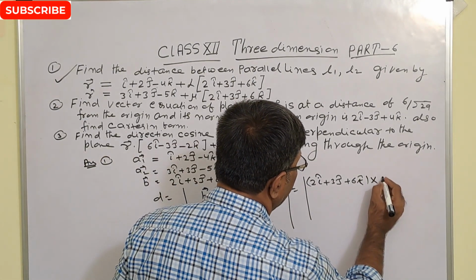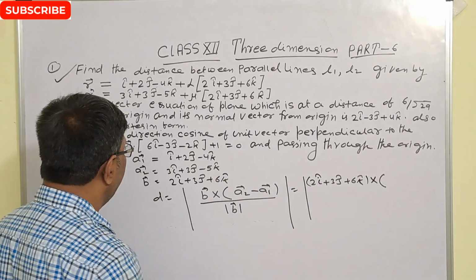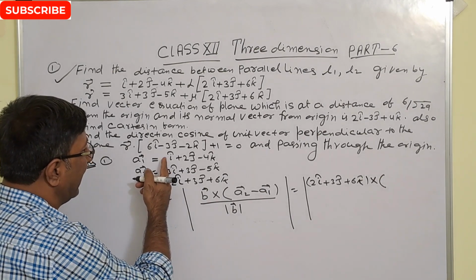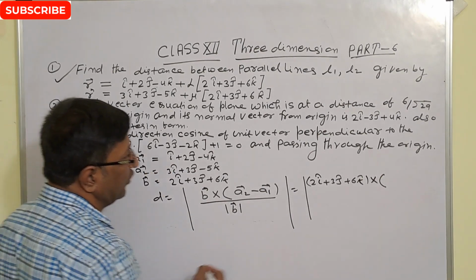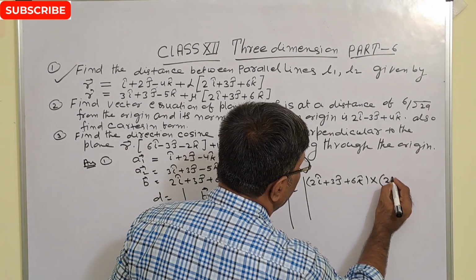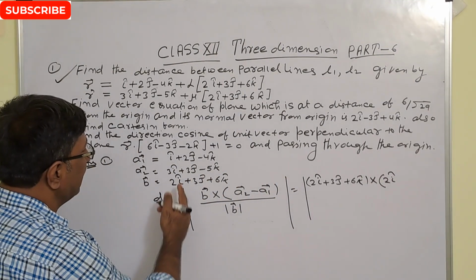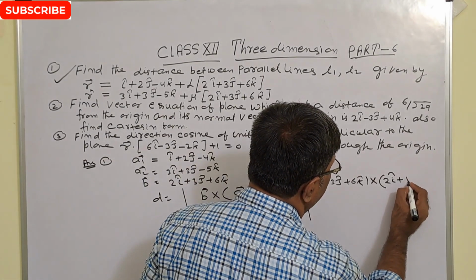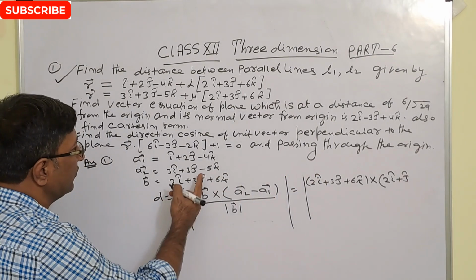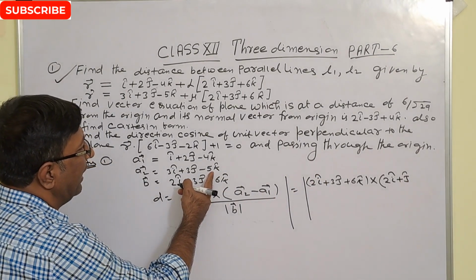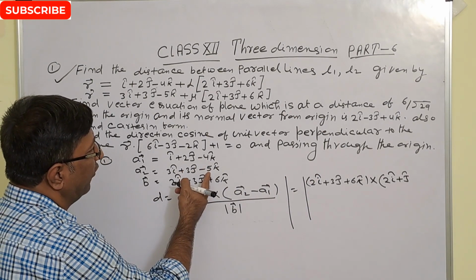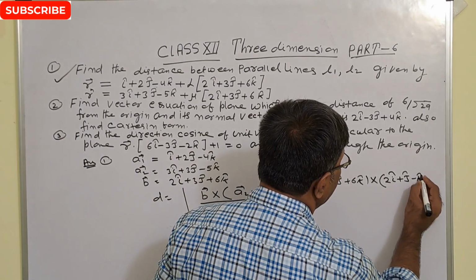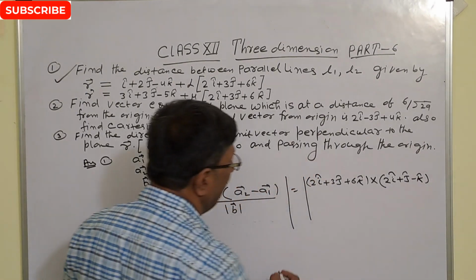Now cross. What is A2 minus A1? So this is A2, this is A1. So 3i minus 1i gives 3 minus 1, 2. So this is 2 unit vector i. Again this is 3j minus 2j, so 3 minus 2, 1. So this is only unit vector j. Again this is minus 5k minus minus 4k, minus minus is plus, so we get only minus k unit vector. So this is minus k unit vector, right? Now we have to find